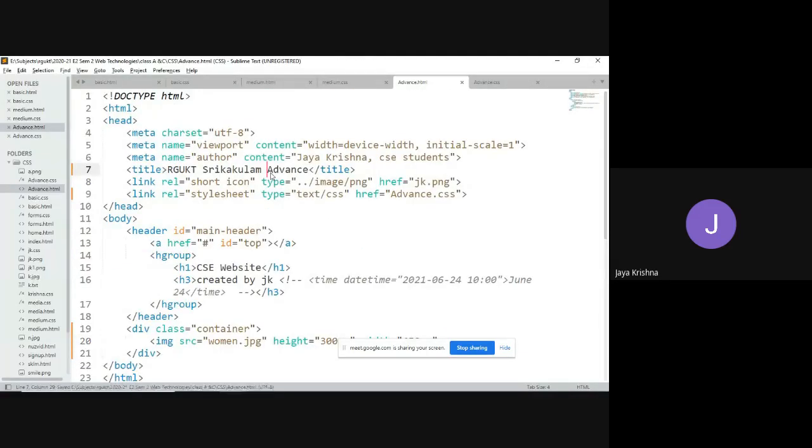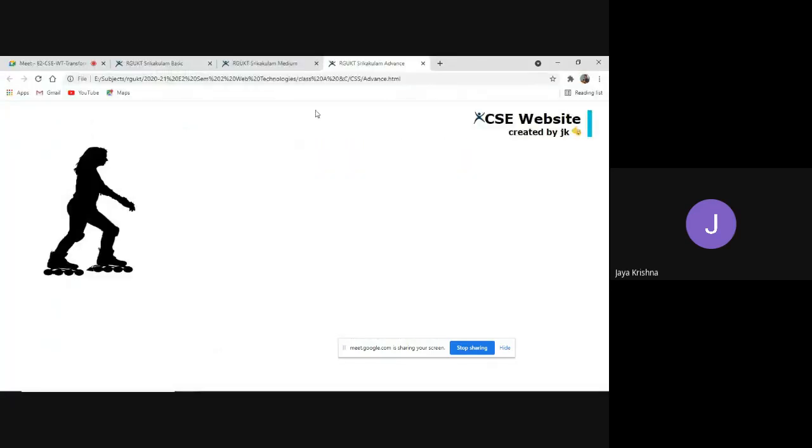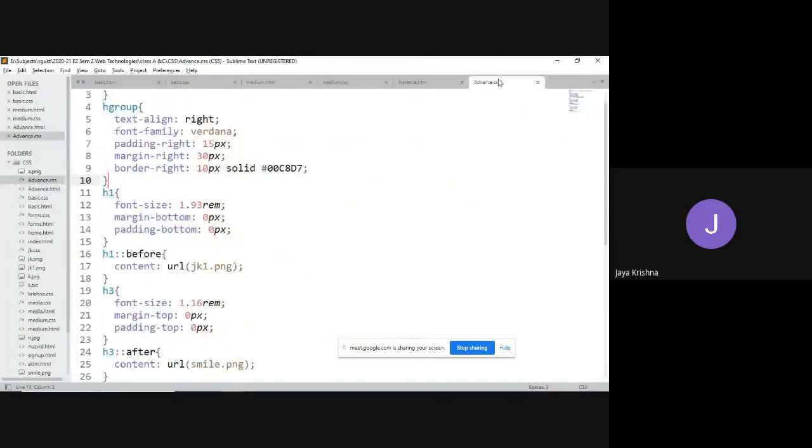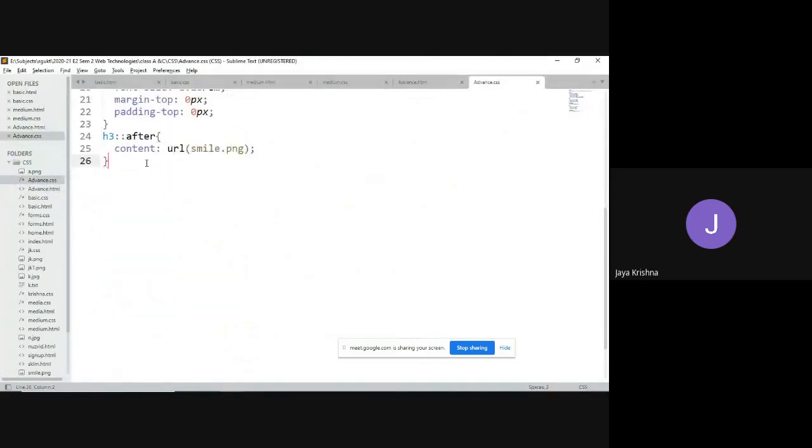Why is it not modified here? Yeah, it is advanced. Okay, fine. Now my interest is, whenever I place the cursor over here, I would like to move this image towards the right side. Then I can apply the transform property, right? So I would like to set some properties for this container.